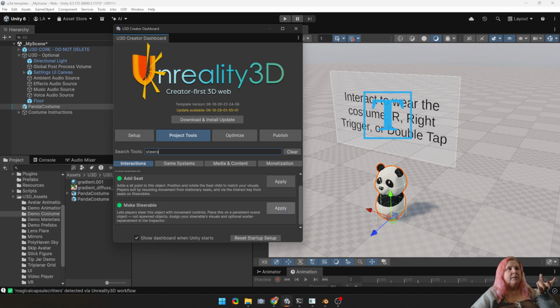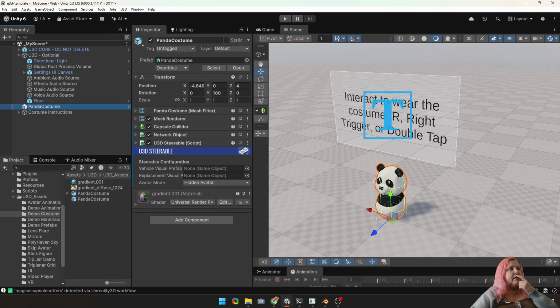Apply to make it a steerable, and that added the steerable script,